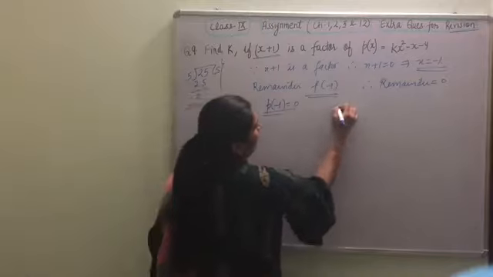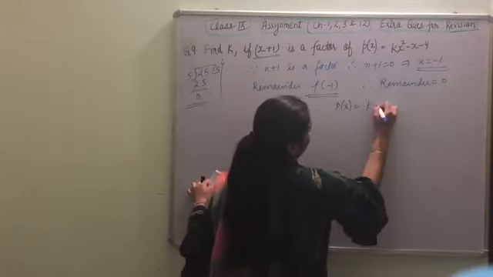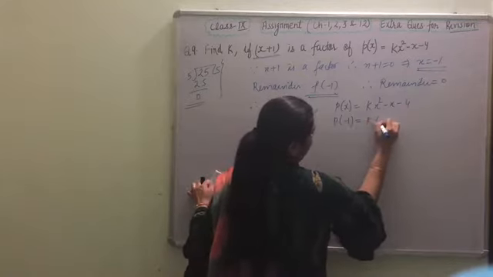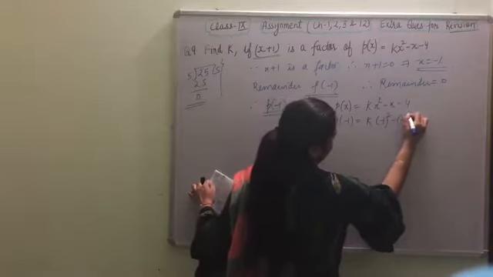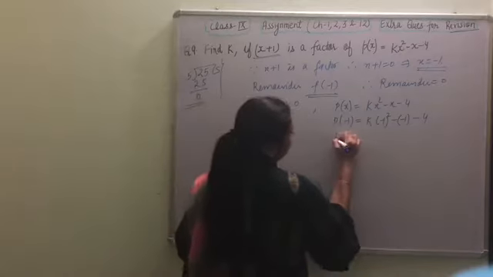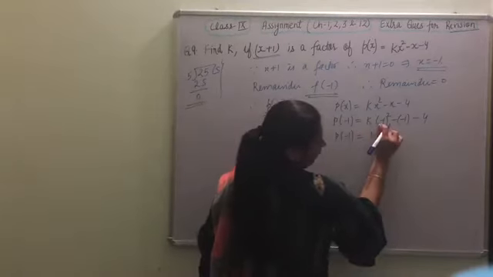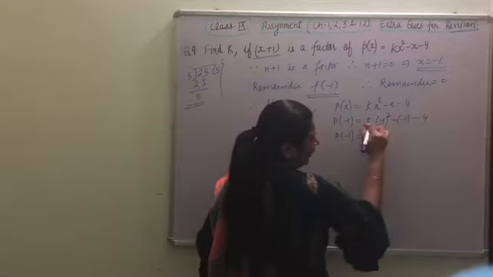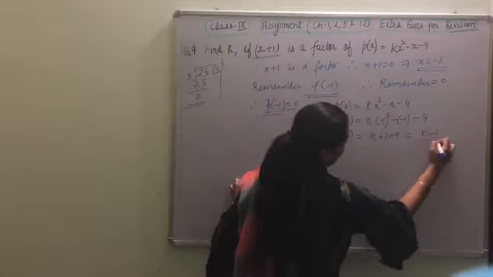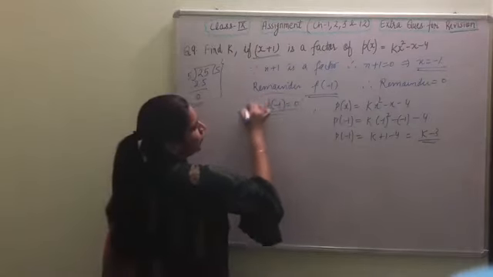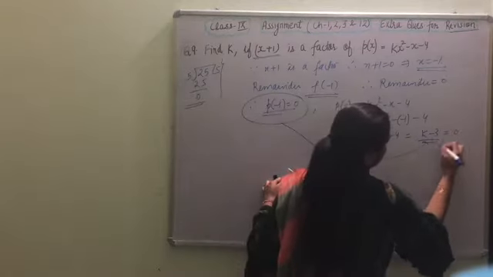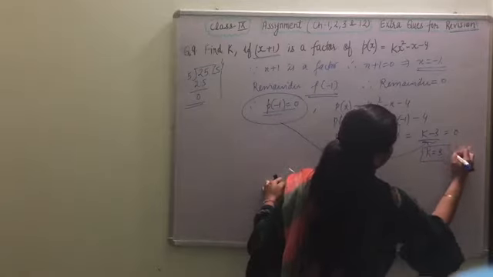Okay. The given polynomial is kx square minus x minus 4. P of minus 1 is k of minus 1 square, minus of minus 1, minus 4. In place of x, we substituted the value as minus 1. Minus 1 square will give us 1 only, k times 1, negative negative positive, plus 1 minus 4. So k minus 3. Because the condition was p of minus 1 is equal to 0, we are writing k minus 3 is equal to 0, k is equal to 3 is the final answer.